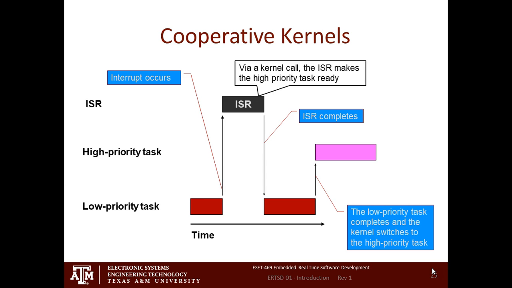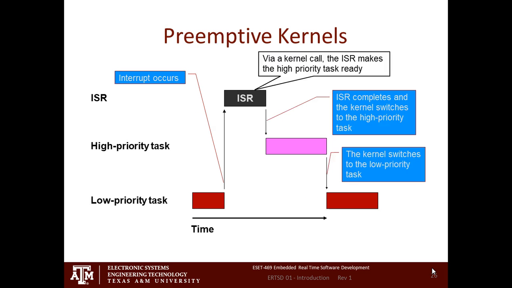There's a graphic on this next slide that shows you a little bit about how a cooperative kernel works. In essence, you're running this low priority task, and an interrupt service routine occurs. It goes off, runs the interrupt service routine, and comes back, just like it would in a foreground background system. Then whenever task 1 gets ready to let somebody else have control, it passes control back to the operating system. The operating system picks the next higher priority task. Does that make sense to everybody? Okay.